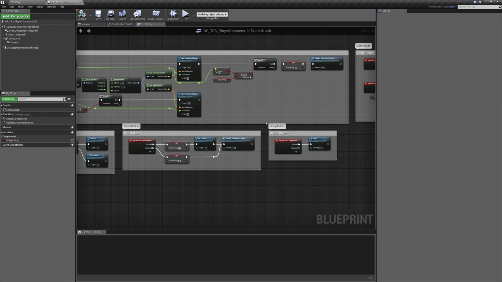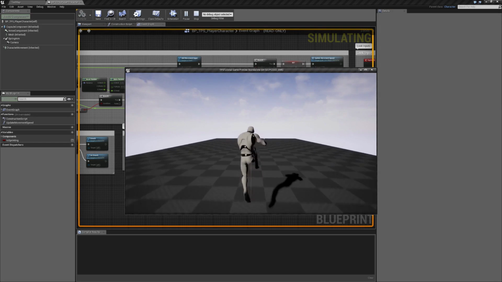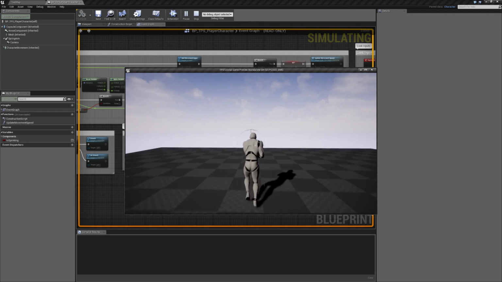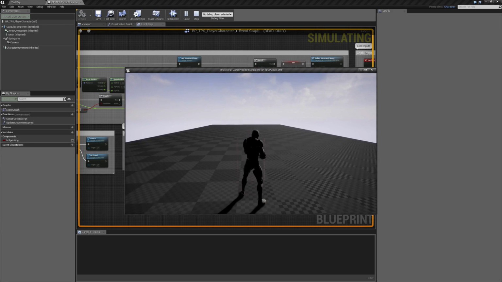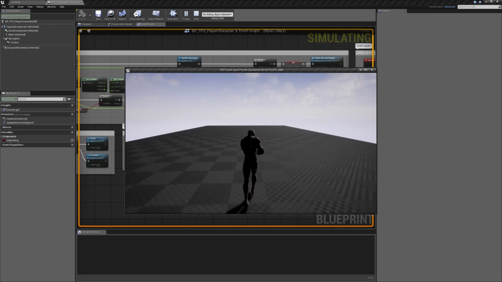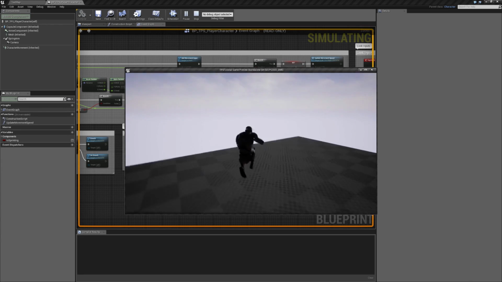But we have the jump Z velocity set, so I'm going to go ahead and test this out. And if we go ahead and jump, he only plays the animation once, so the timing for this jump times up pretty well. Same thing if he's in standing position. But once again, the animation for the standing jump takes so long to spool up that it doesn't really look very good. And if we jump while sprinting,